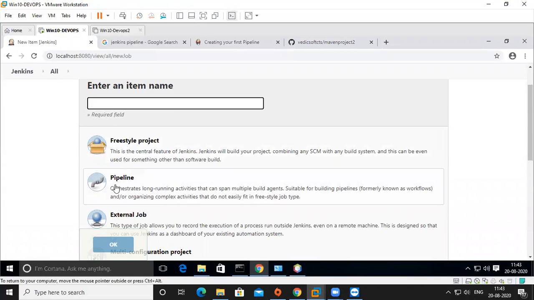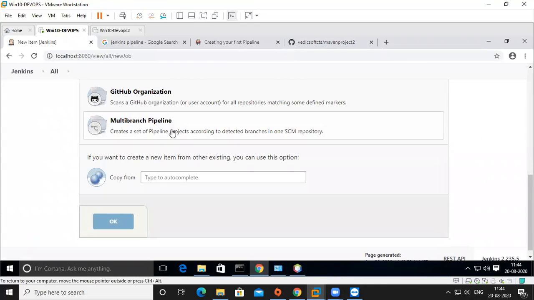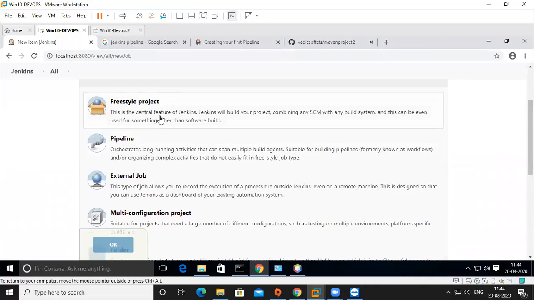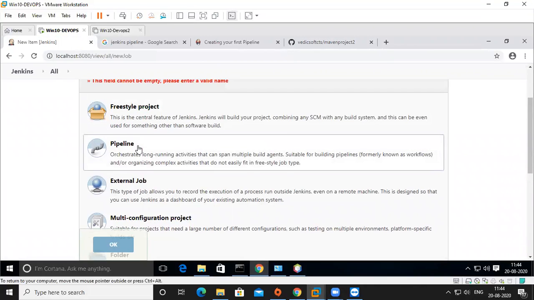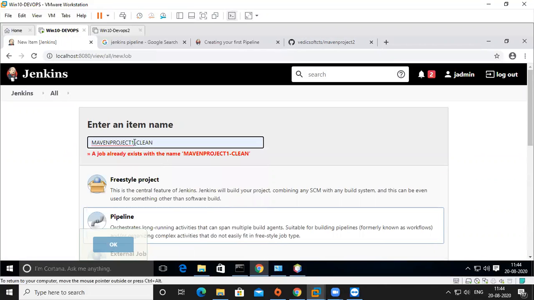Here you can use a pipeline, or you can use a multi-branch pipeline also. First of all, I use a pipeline with a simple one. So in here, project 2. I will build in a different way, using extra ones like 2-1, 2-2, 2-3.